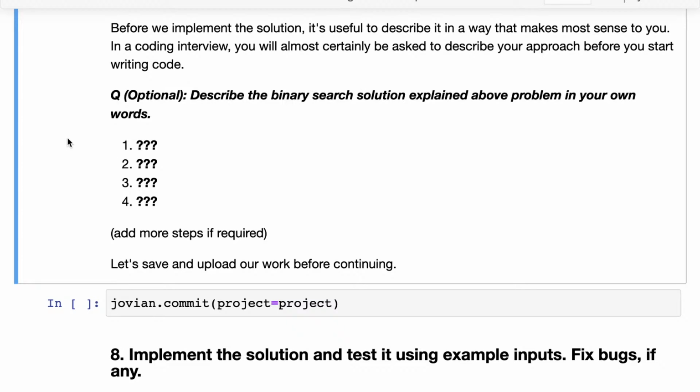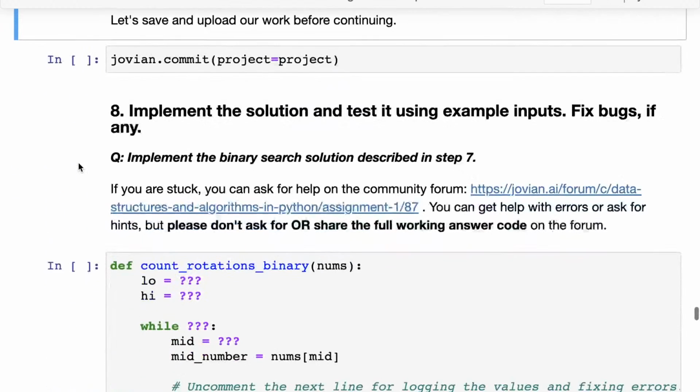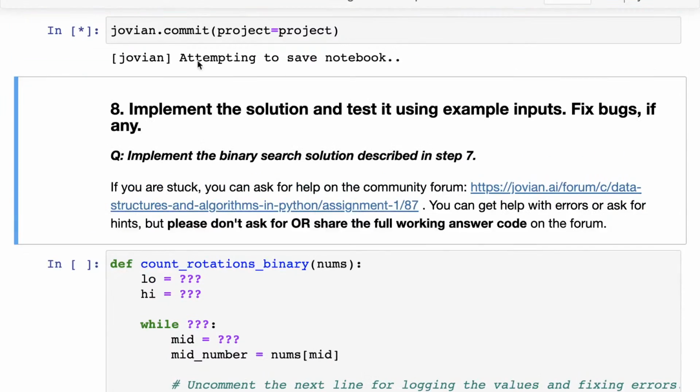But if you explain the solution clearly to them, they will know that you understand the solution, and they will be able to follow the code as you write it, and they will be able to pick up mistakes or errors and help you with the errors. One secret is that interviewers are always open to helping you unless you make them really confused. So keep that in mind and describe the solution in your words. Once you do that, you can commit.